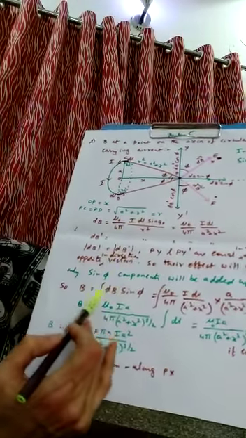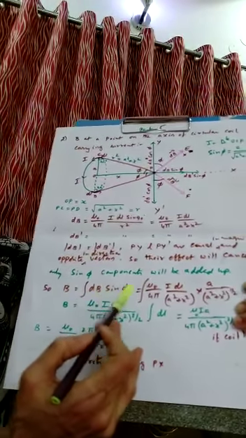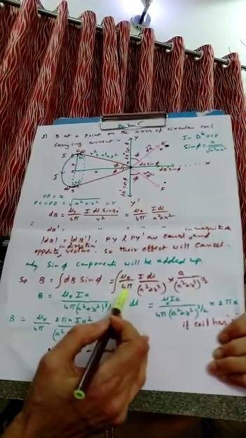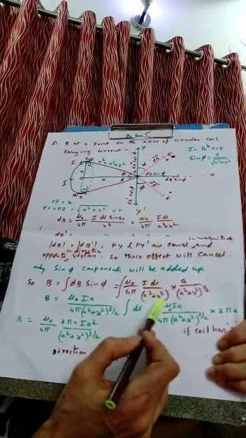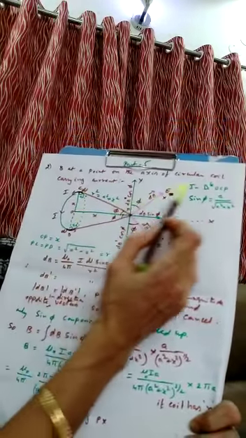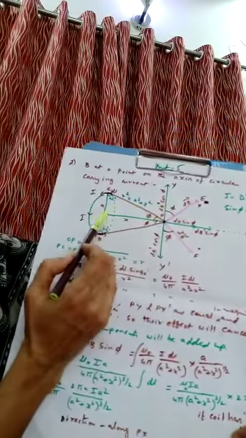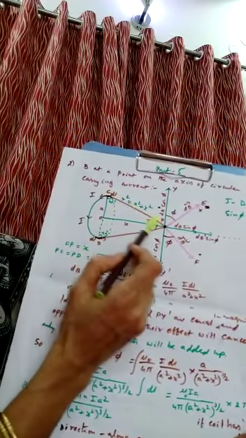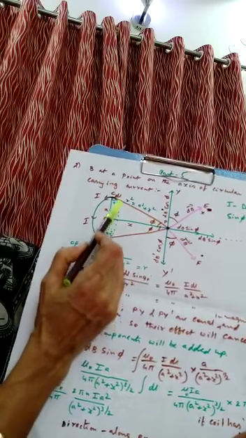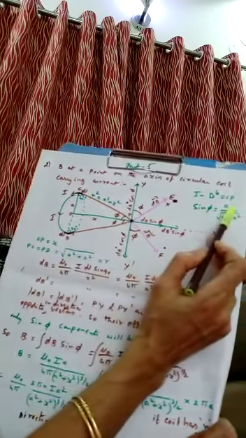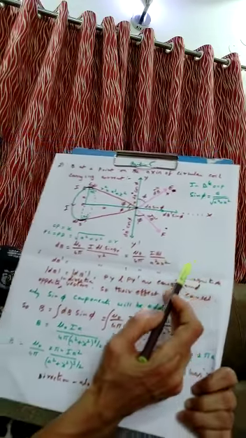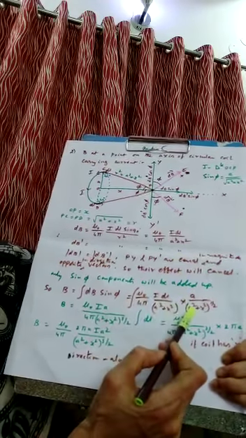So integrate it here, dB sin phi. What is the value of dB dash or dB? One and the same. Just now it said here, mu naught by 4 pi I dL by a square plus x square, into sin phi. What is the value of sin phi in triangle OCP? Sin phi is given by perpendicular by hypotenuse. What is perpendicular? a upon hypotenuse, which is under root of a square plus x square. That only we have substituted here.